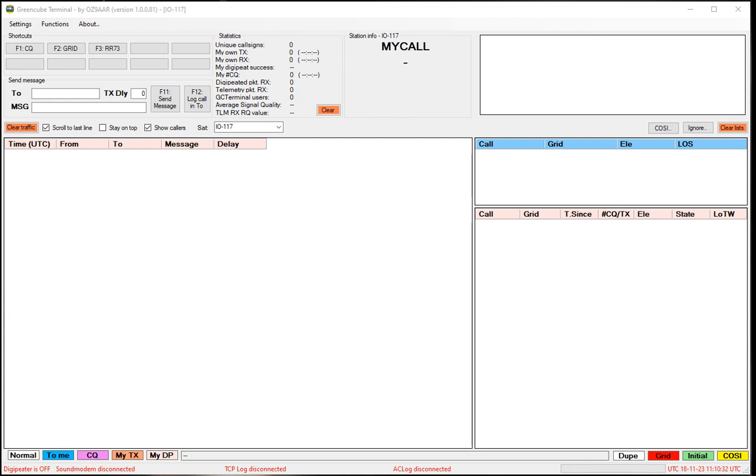I created the Greencube Terminal, I think in March this year or something, and I wanted a terminal program that was a little bit easier and with some more features than what was already available on the web, especially from Andy, Uniform Zulu 7 Hotel Oscar. So I created the terminal, and it has evolved a lot during this time,